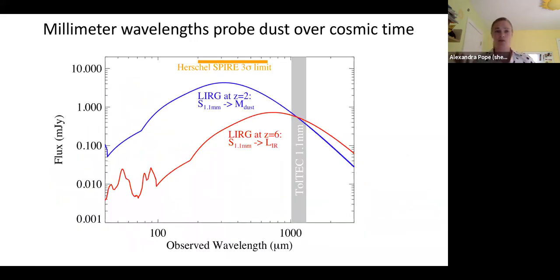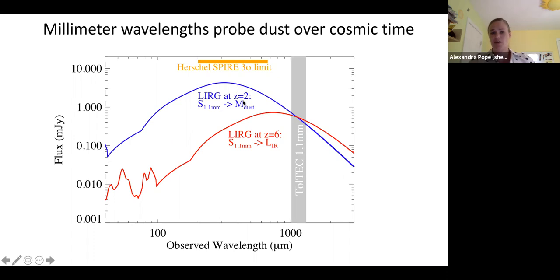So I said it's important to observe in the infrared, and the millimeter is a component of this. The millimeter wavelengths, particularly here I'm showing TolTEC 1 millimeter, nicely probe the Rayleigh-Jeans tail of a dust distribution. So here are two spectral energy distributions of a dusty star-forming galaxy at redshift 2 and redshift 6. I'm only starting in the infrared portion, so you don't even see the optical bump over here. You just start with these mid-infrared features. And so there's a peak in the emission, and then there's the Rayleigh-Jeans tail over here.